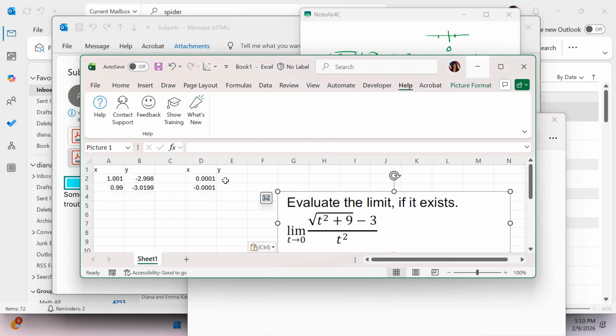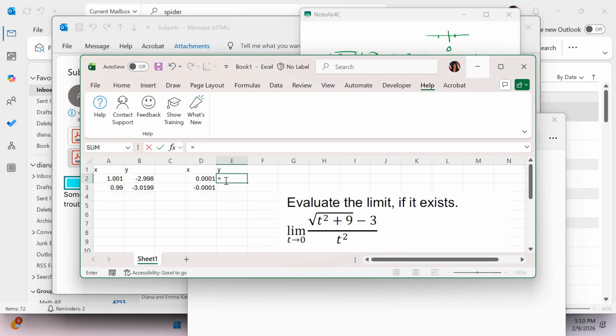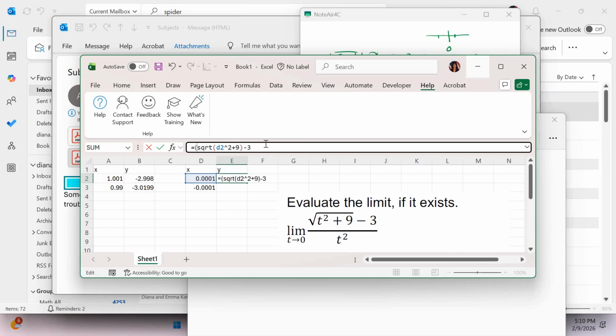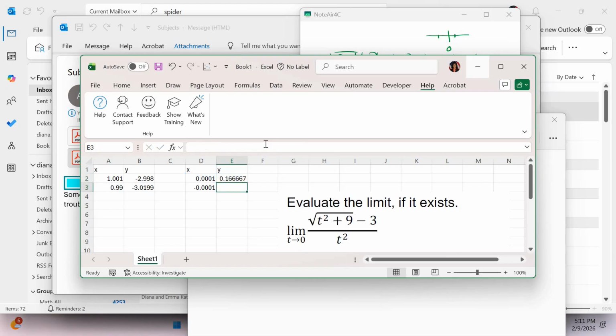Like that. So let's put it here. That's equal to square root of d2 squared plus 9 minus 3, and then that whole thing is divided by d2 squared. This is how you type it in Excel. And I get